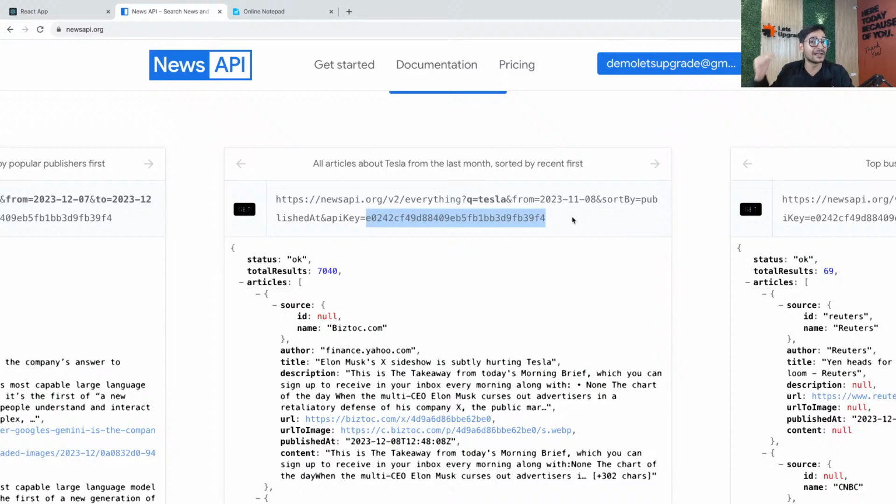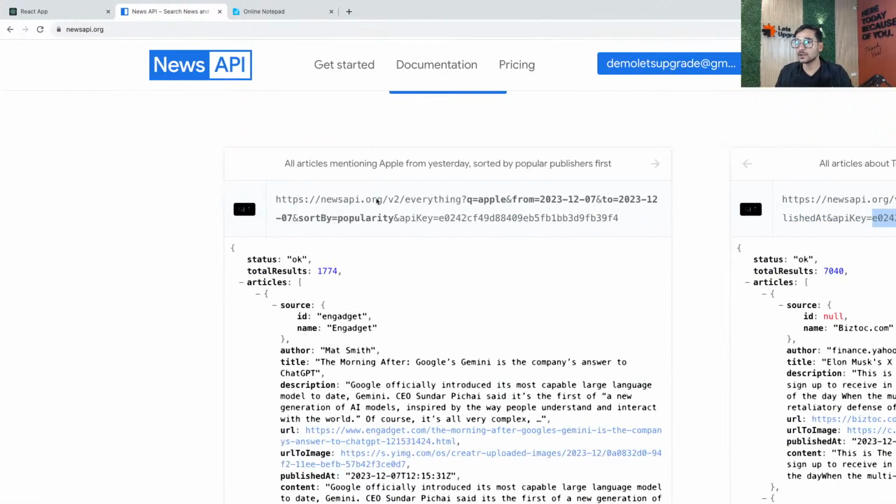So right now what you did, you created an account. Because you created an account, you got an API key. Now with this API key, you're telling the server, this is the News API server, that I'm a valid user. Please give me access to the data. That's why it's important to send the API key. This is the basic idea, basically how it works.